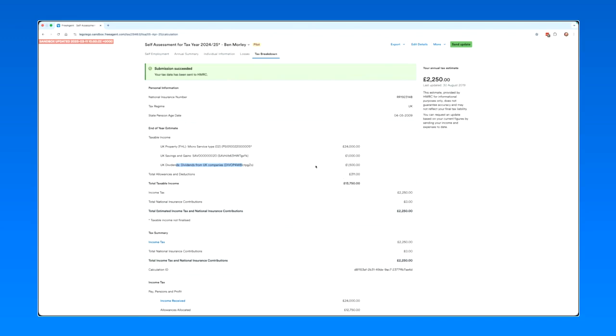The reason for that is because every other service that has to is sending that information to HMRC. And because we're hitting all the endpoints, it means that we can pull all of that information down, even if we don't support it within the license. So you can see here, even though we've only done one submission, you've got property, savings and dividends income in here, and it's given us this total income. So we're able to gather all of that information together